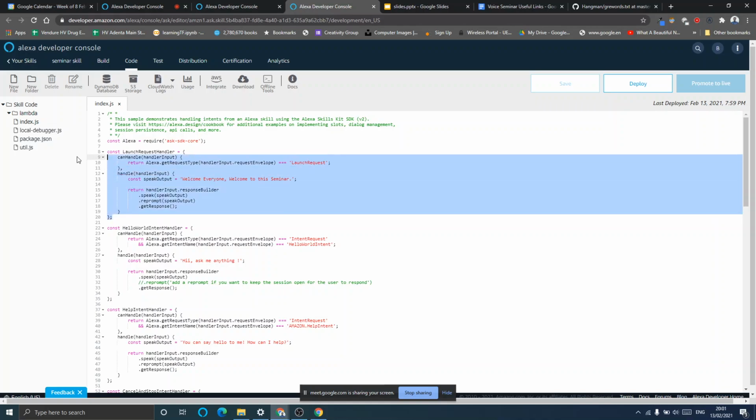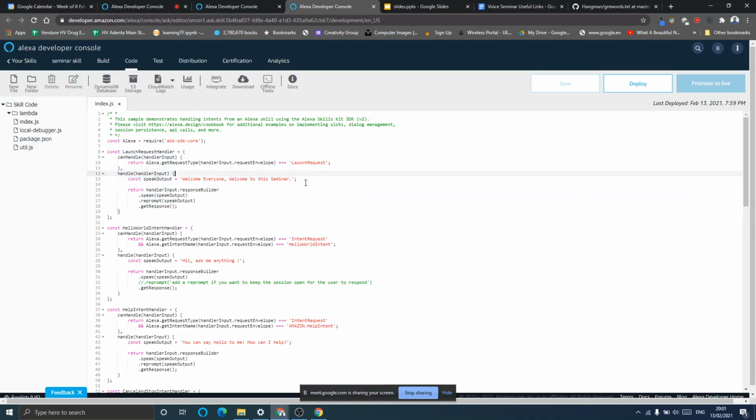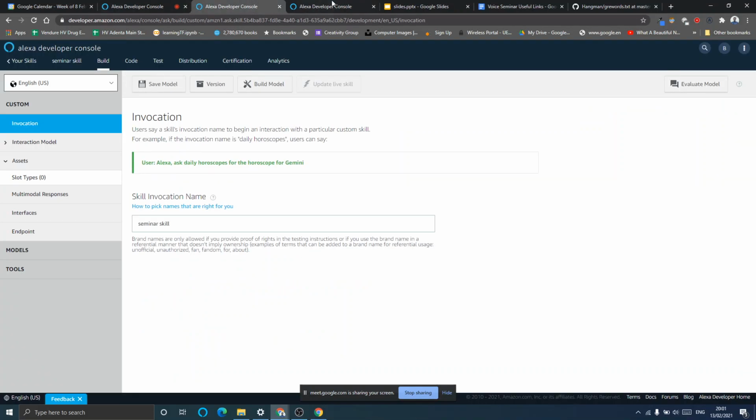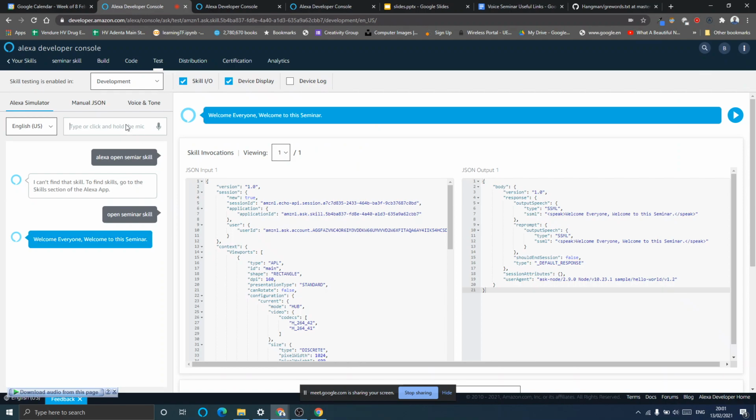So the launch request handler handles the first part of the app, or let me say the invocation of the app. When you call Alexa first, what you want Alexa to say, right? That is the launch request handler. That is why when we said Alexa, open this, back to it. When we say open seminar skill, it popped up saying, welcome to